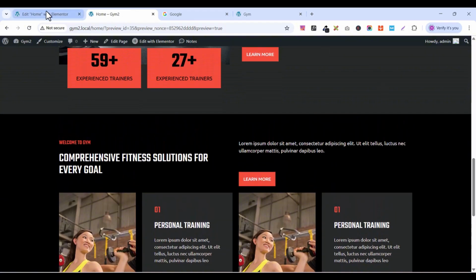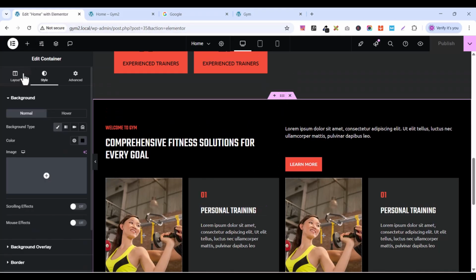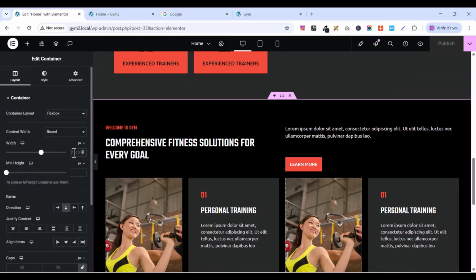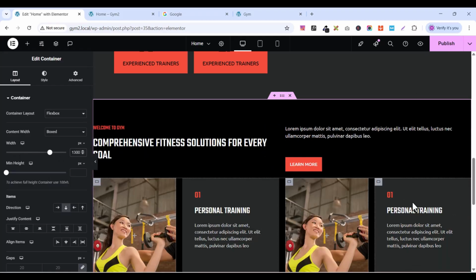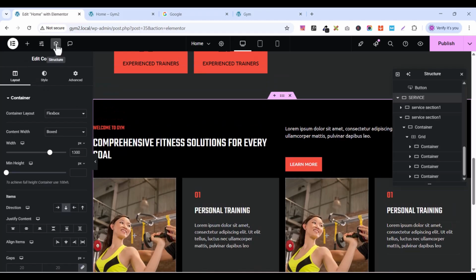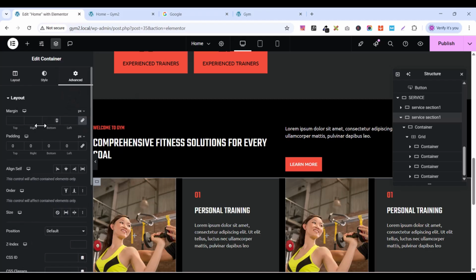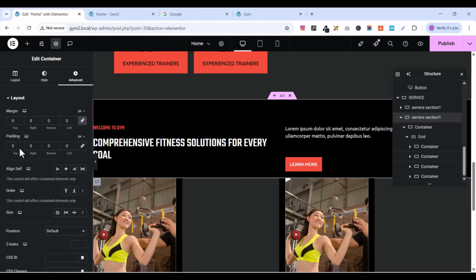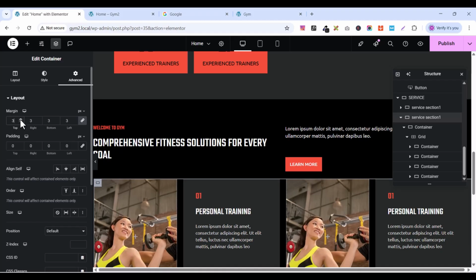So let me go back here and select this whole section, okay, and give it a width size of 1300 like this. And let me bring back this structure, this section, this service section. Let me copy this service section and go to advanced and add some padding. I want to space here, it is too close to the bottom, so I want to space this. So let's give some